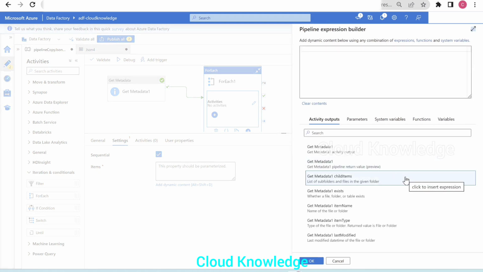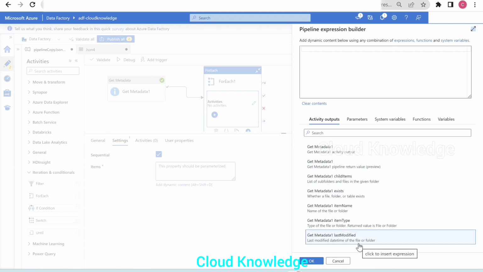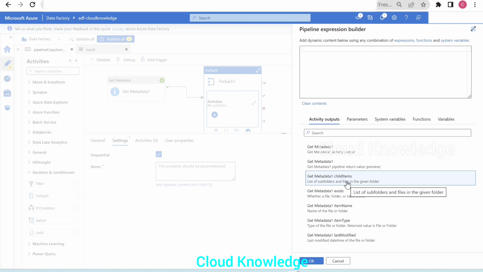The items are coming from the get metadata activity and they are the child items, right? So here under the activity outputs, we have the get metadata activity 1 outputs. So list of subfolders and files in the given folder. That is the child items. If we have other conditions to check, we will use the other activity outputs. But in our case, we have to traverse through all the child items which we have got.